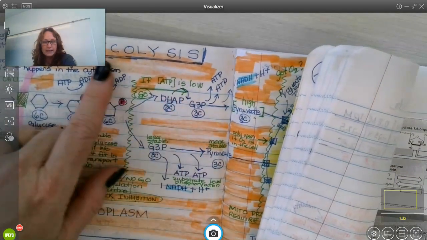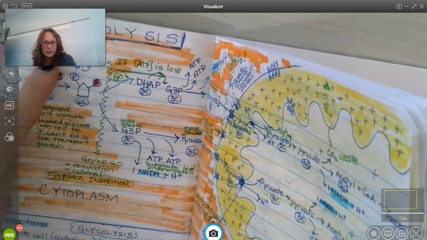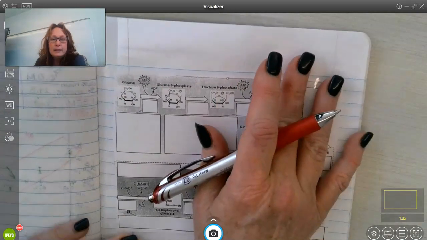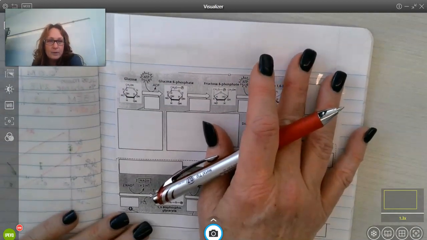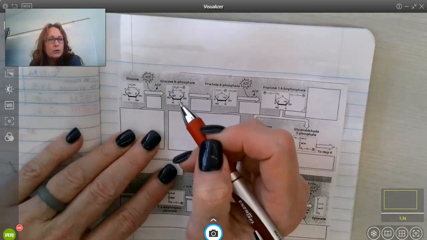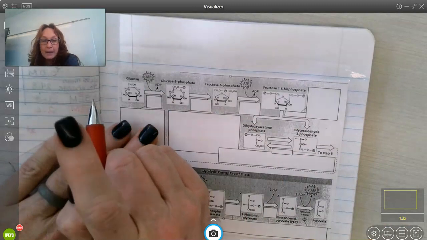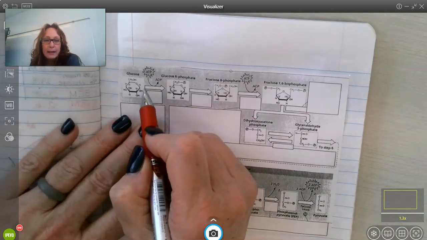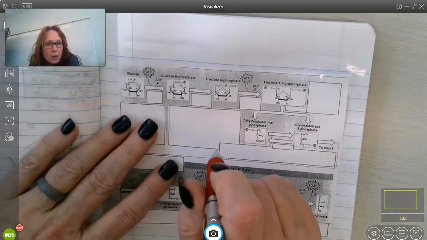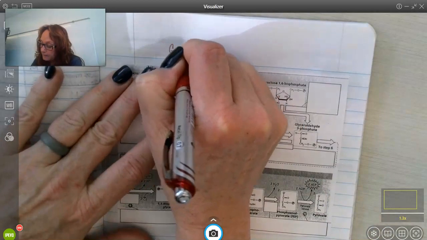So as crazy as this looks, honestly it's this, right? So let's go on here and let's conquer this so we don't have to be afraid. And let's add the things that are of interest to us, that matter. It does matter that in the process of making ATP, which I told you, you need to picture, because we're going to come up here and put,